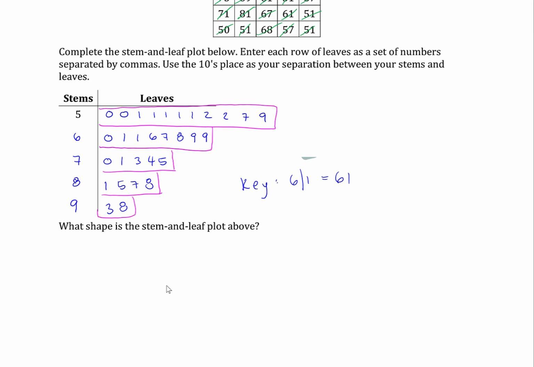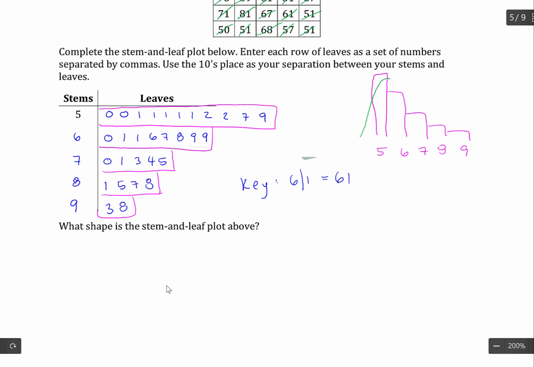So if we reoriented it so it was going the other direction, so 5, 6, 7, 8, 9, we have a really tall bar here, and then a little bit shorter bar, then a little bit shorter, a little bit shorter, a little bit shorter. All right, so what would fit that best is we've got a big clump of our data over here on the left-hand side, and then we have this elongated tail, and that's to the right. So this data would be skewed to the right. We define the skewness where the elongated tail